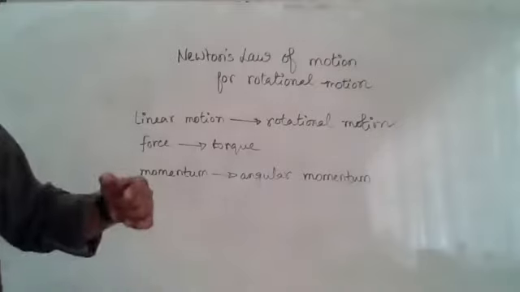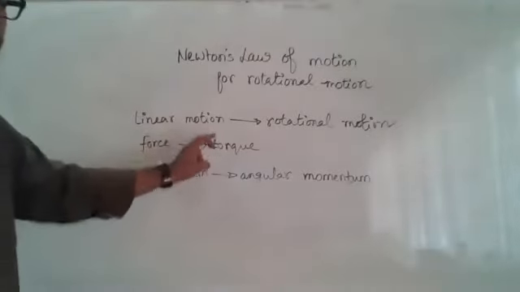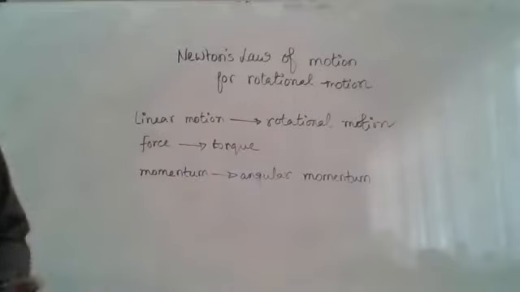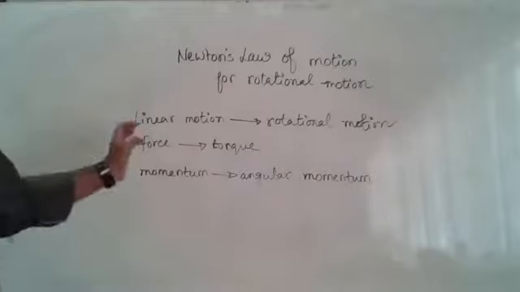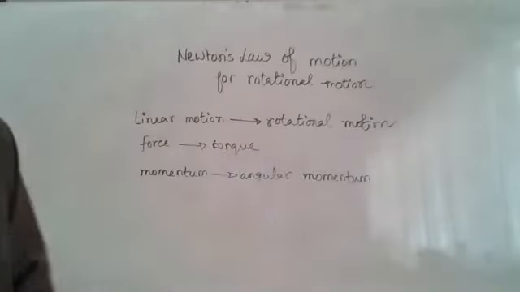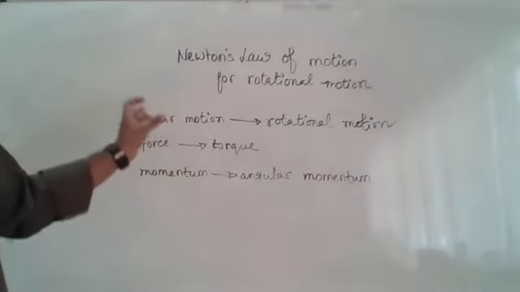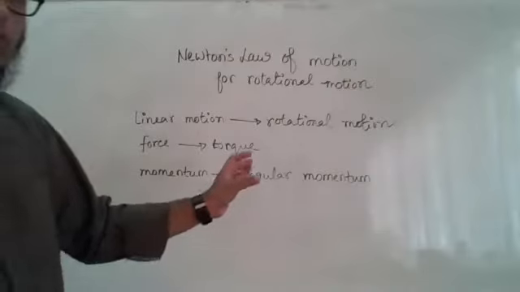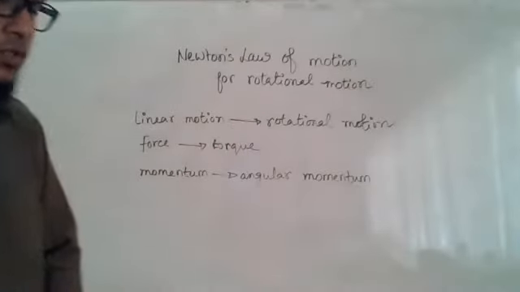Now, the terms are going to change. Till now, we were talking about linear motion, even though we did not mention the word linear. Whenever we mentioned motion, we actually meant linear motion. But now it is going to be rotational motion, and we have to mention it. Whenever we write motion, generally we mean linear motion, so to indicate rotational motion, you have to write the word rotational.